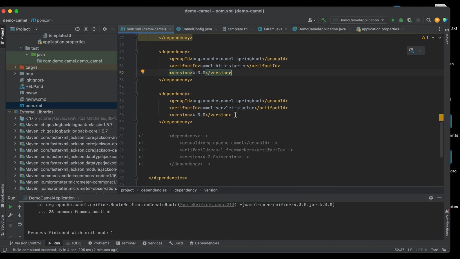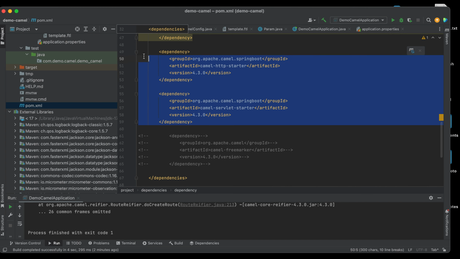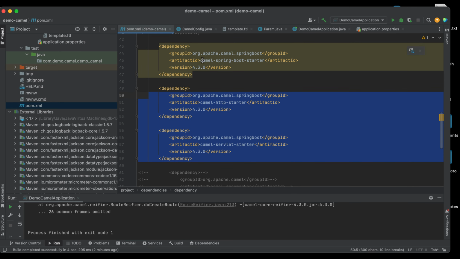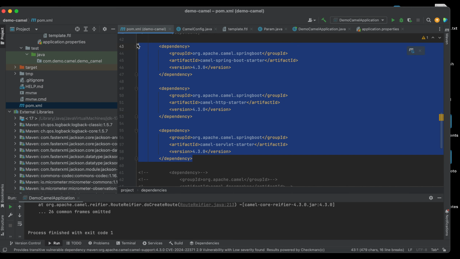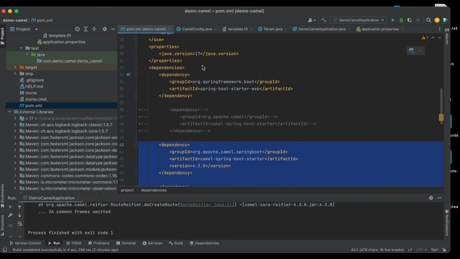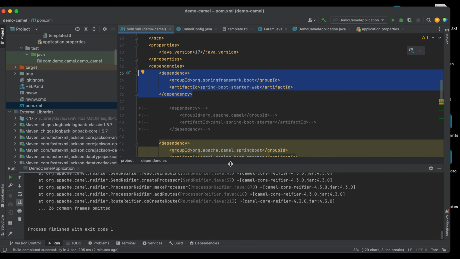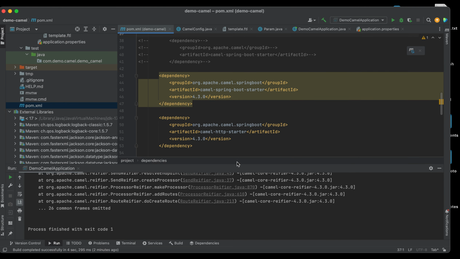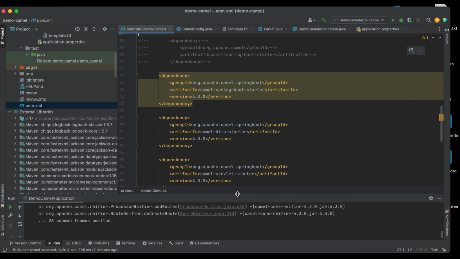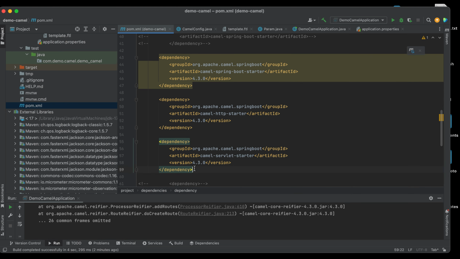So we need to add these two dependencies, and of course the main Camel Spring Boot starter. So we need these three dependencies. And this one is optional, but in this demo we are using web, so basically we need this. But for Camel related features, we only need these three.